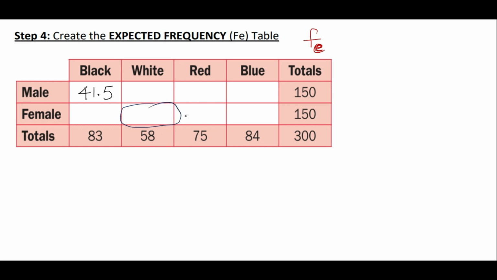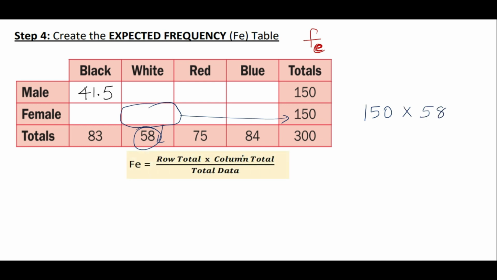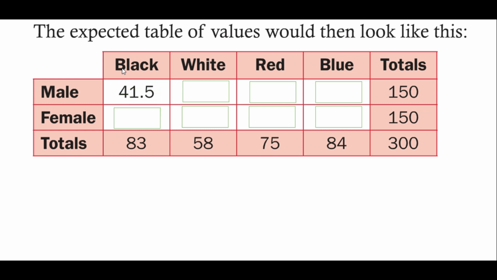Now let's talk about another cell here. Here the row total is again 150 and the column total is 58. So I'll do 150 multiplied by 58, which is the row total and the column total, divided by 300, which is equal to 29. So the value 29 is the expected frequency here. Now we are going to do the same calculation to complete all the cells by finding the expected frequency by applying the same formula. So the values are 41.5,